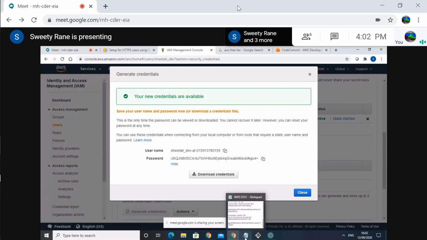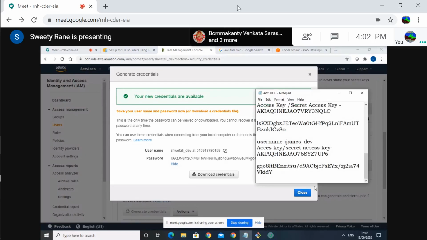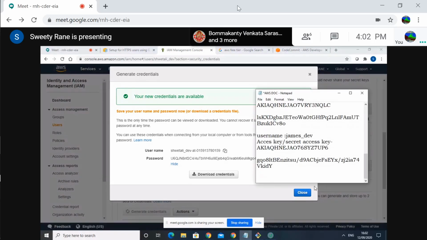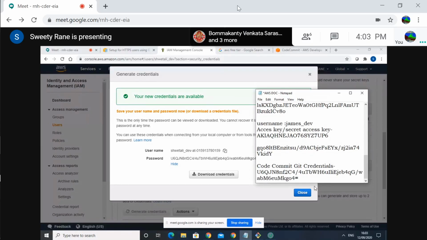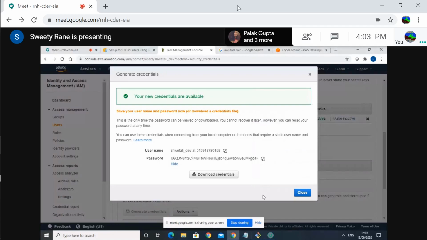Save it to your file. This is the CodeCommit Git username, you can say. This is the password. You need to copy the username also.